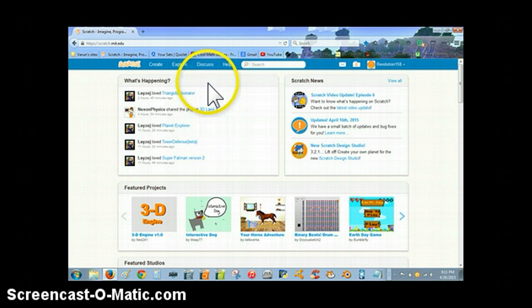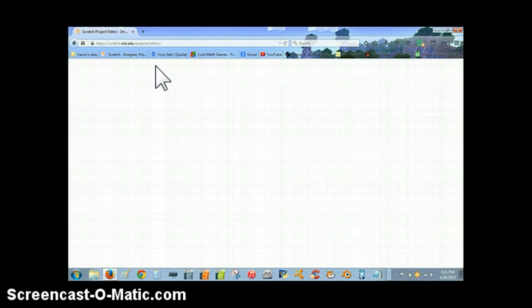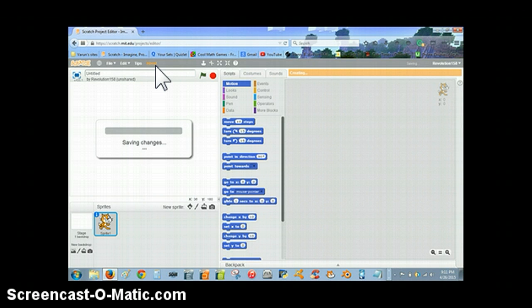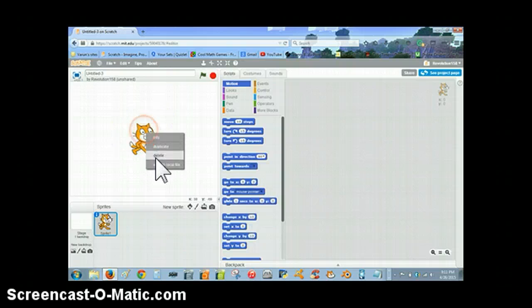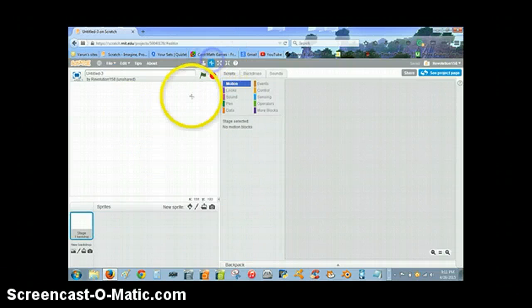The first thing we're going to do is create a new project by clicking the create button. Once that loads up, you'll see you have your Scratch Cat in the middle, and you know how to delete that. You can either right click and hit delete, or you can use the scissors, which is right here. I'm going to rename this, and what we're going to be making in this video is, let's make